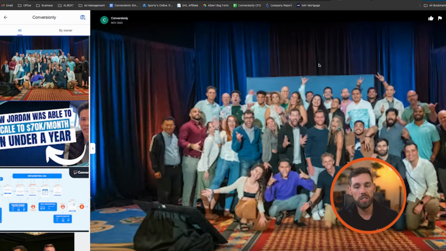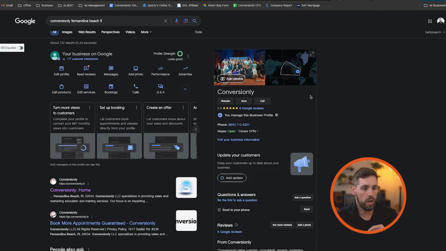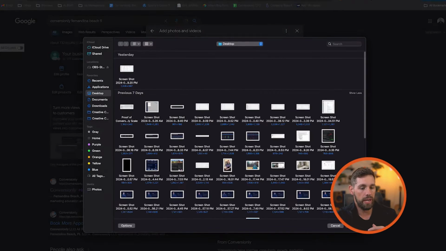From there, you're going to want to add numerous photos. Okay, so photos that you should include is your logo. Make sure it is in a square format. That way it can show up on your Google profile. So if we go to look at this here, we haven't uploaded a square logo, so our logo does not show on the right side of the screen. Whereas if we did have one, it would be able to be seen. So from here,